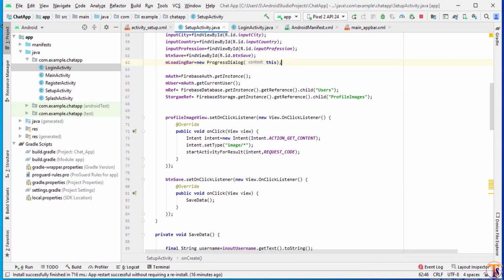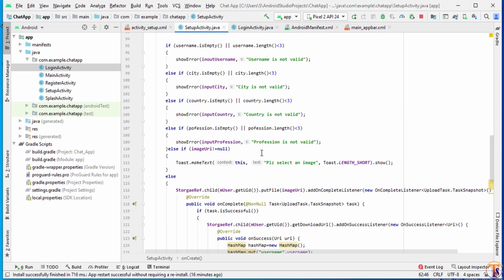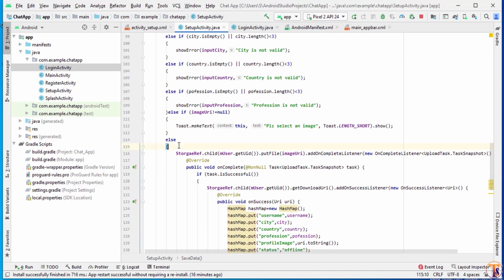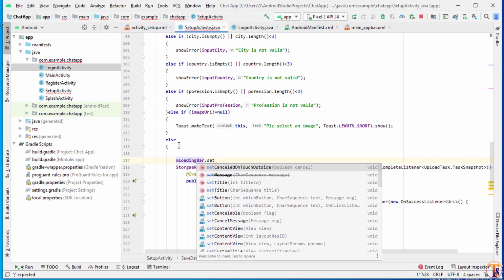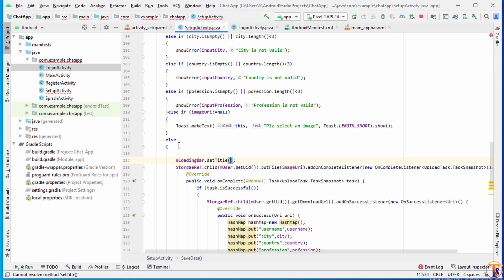So here when we filter the data, in else condition, we will initialize loadingBar. So loadingBar dot setTitle, adding credentials, not adding credentials, it's setup profile.